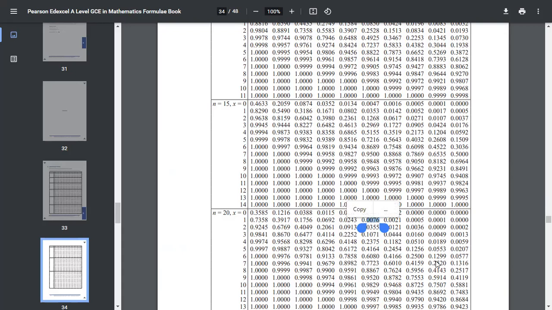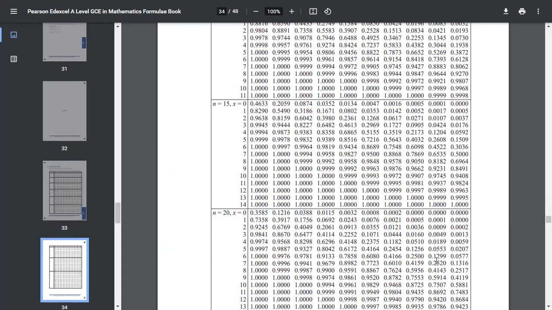So we can see that the critical value is 1 in the lower tail of the distribution. So 0 and 1 are both in the critical region, because the chance of getting 0 successes is tiny. It's much smaller than 2.5%. And the chance that you get 1 or less successes is